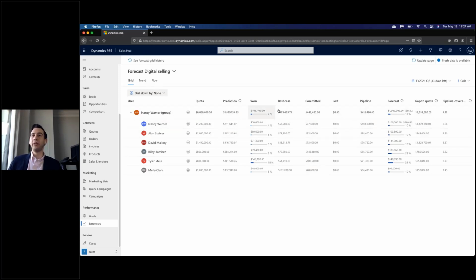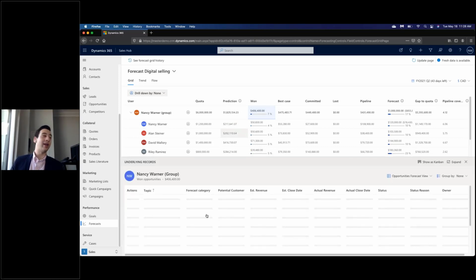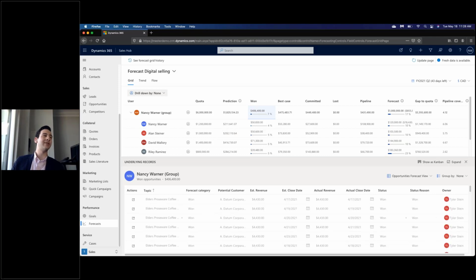So one thing to note, I want to see maybe what deals have been won. I can select this block. And then guess what? It's actually going to show me the opportunities that make up that individual data point. So instead of me having to go back and pretty much play detective and figure out from all the reps, send me a report of what makes up this number. No, I'm going to actually click on that and I'm going to go through here and look at that, because